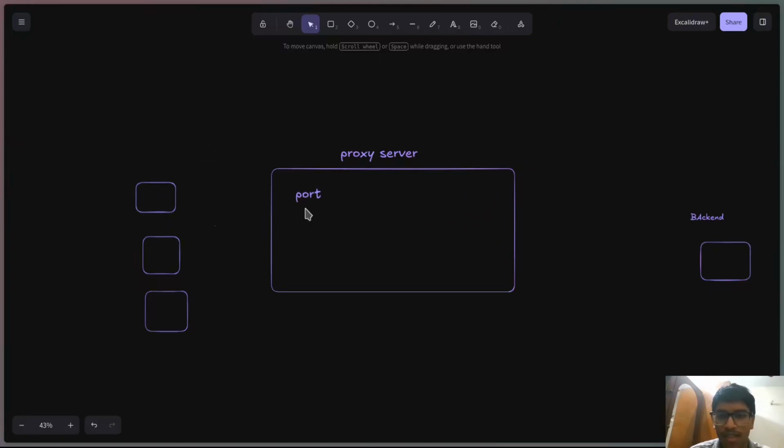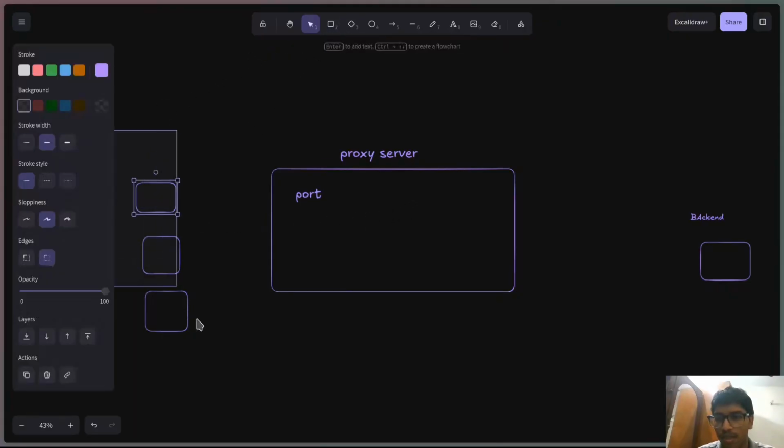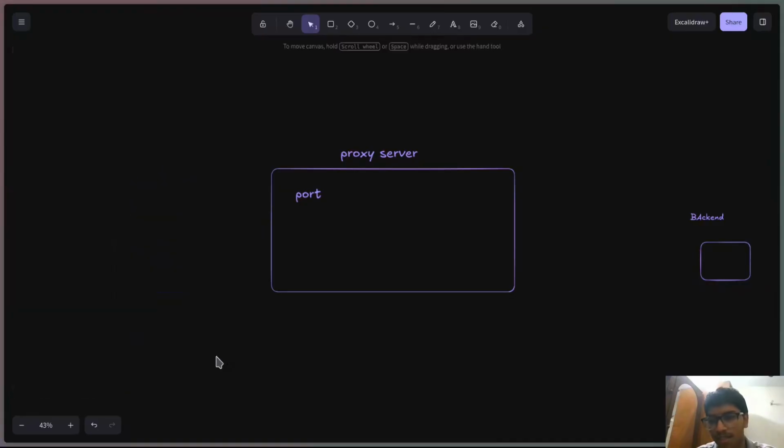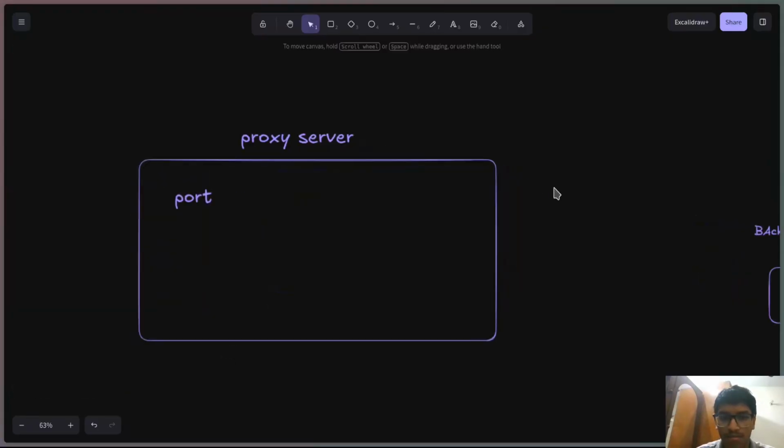All right, and the request will be given from the front end to the proxy server, and it will either be passed on to the backend, or it will not be passed on. That will be decided by the proxy server. So this particular logic is completely annihilated. We don't need this. One thing that we do need is